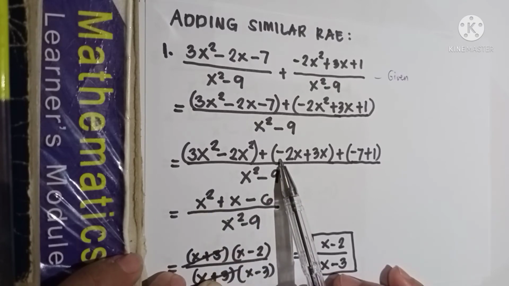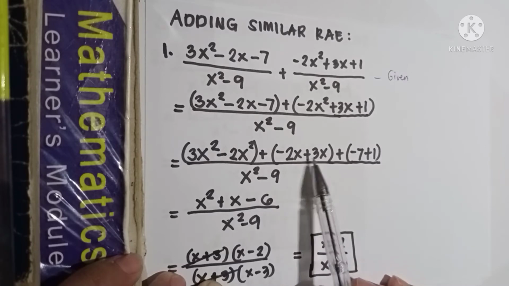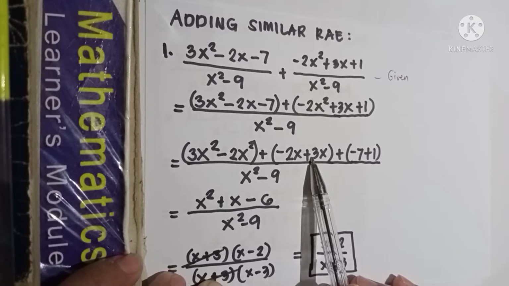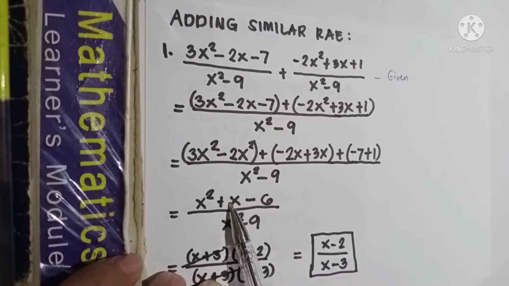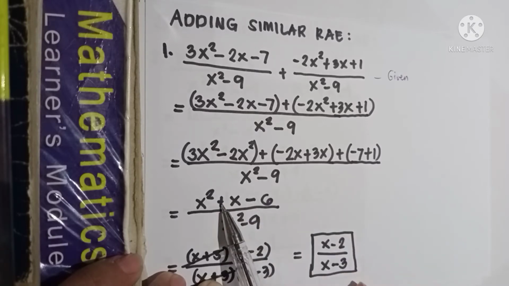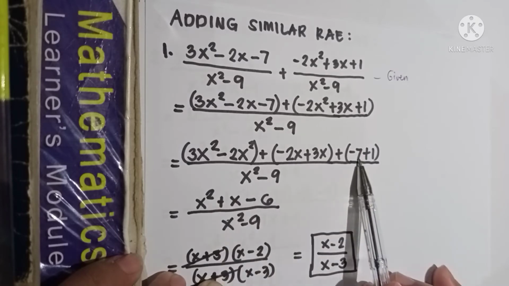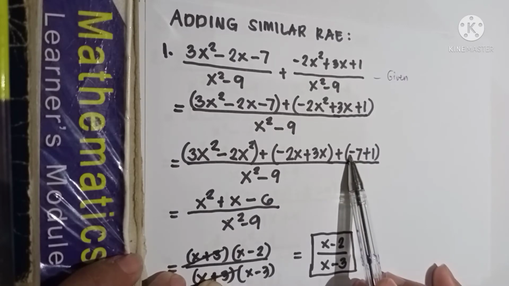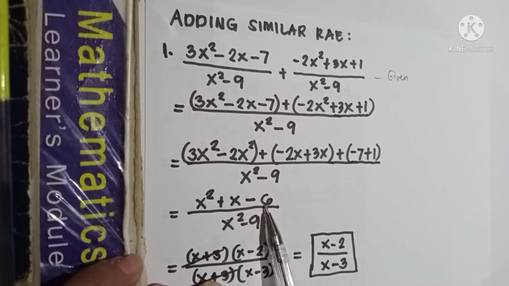Plus this negative 2x plus 3x, since we are adding different signs, negative 2 and positive 3, we will subtract 3 minus 2, that is also 1, but we don't need to write 1. Then copy the sign of the bigger number, positive 3, so that's why we have a positive. Then copy x. Then for the last parenthesis, negative 7 plus 1, that is negative 6. Now,